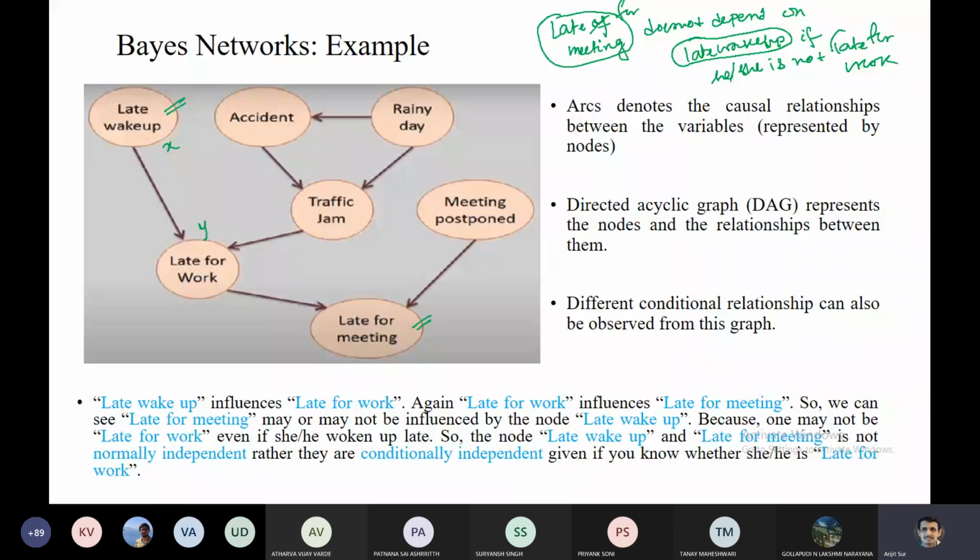So you can see this particular node is somewhat dependent on this one through this node. And we can say these two are conditionally independent if this node has a particular condition. That is called conditionally independent, if you know whether she is late for work. So that is important. And actually in this Bayes network, we try to find out how nodes are dependent. One thing you have to be very careful about